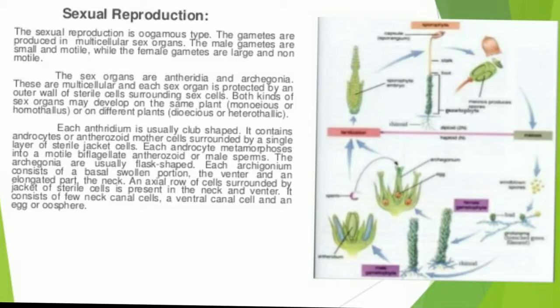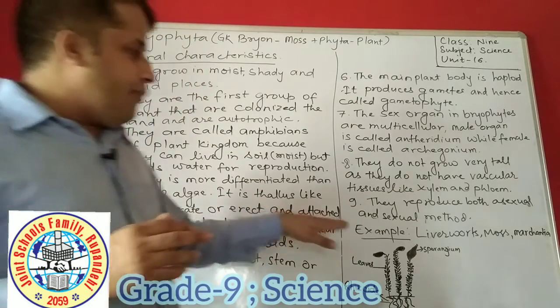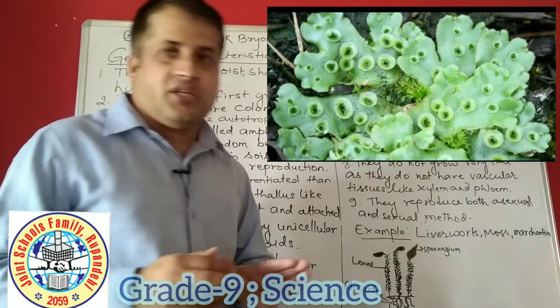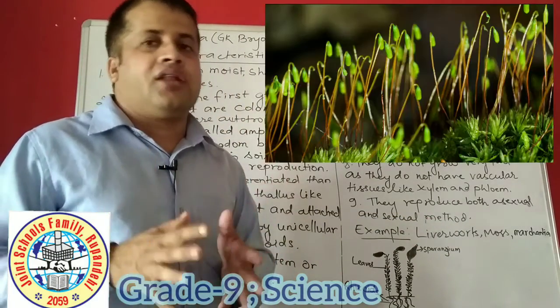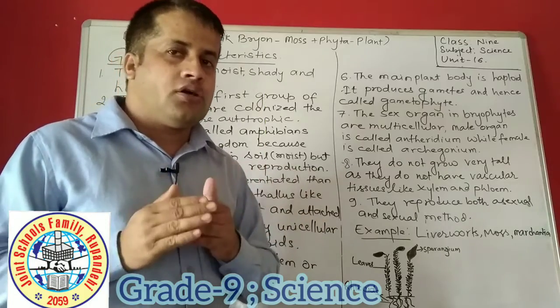In the sexual method, the gametophytic stage and sporophytic stage are present, and the reproduction is oogamous. Last time we studied isogamy, anisogamy and oogamous types of reproduction. In the case of the plants which belong to this group, they reproduce sexually only by the oogamous method. Examples are liverworts, moss and Marchantia, some of the plants that belong to